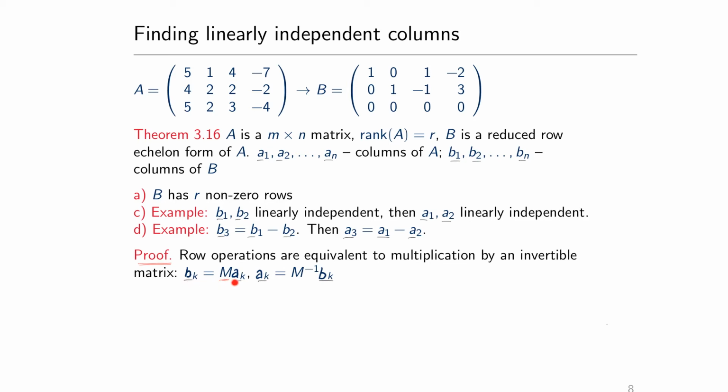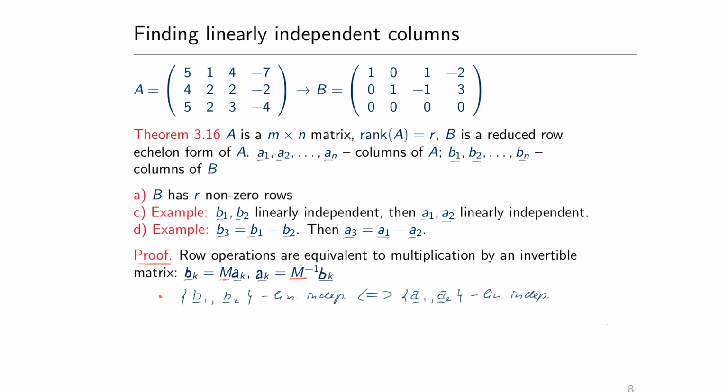When we multiply both sides of this equation by M inverse, then we obtain that the columns of A are in fact also columns of B multiplied from the left by some invertible matrix. Now, if B1, B2 are linearly independent, then multiplication with invertible matrix will not change that,